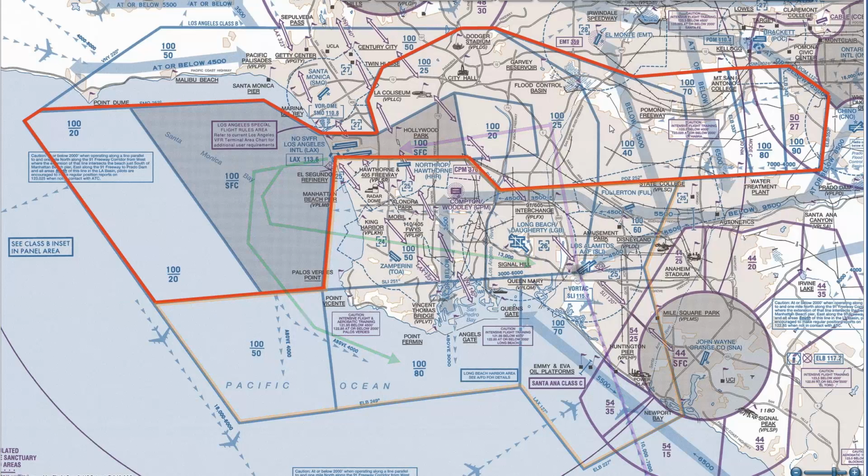Now, let's play the FAA again for a bit. Given the departure and arrival flows we've just discussed, are there any other safe paths through the Bravo airspace besides the corridor that goes right over the airport? Actually, there's an even better question. Since the path directly over the airport is really quite safe, why do we even need any other routes through